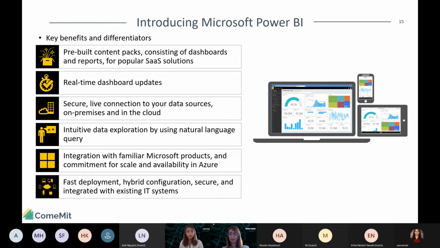You can share your reports and dashboards in two ways. Either it's your Power BI service, Azure, or you are sharing it via a server on-premise. Whichever you choose, there are existing solutions that you can work with.